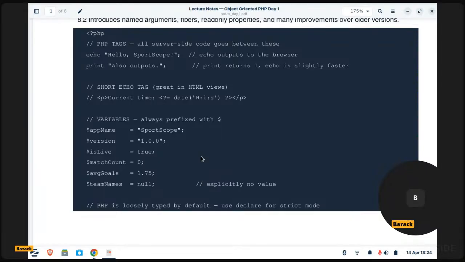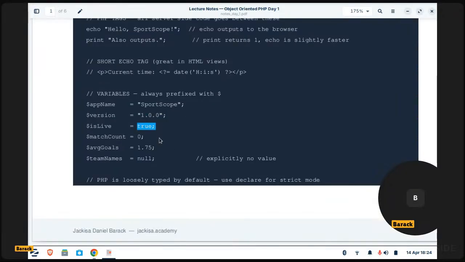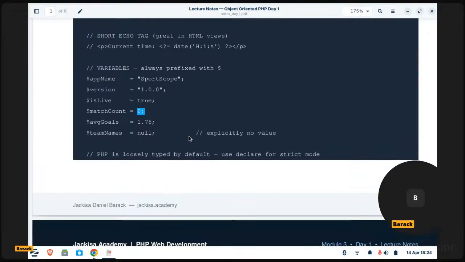And when we go back to primitive data types that we have in PHP, we have a string, of course. This is also a string. We have booleans like true or false, 0 or 1. This is also a boolean. We have, but this can also be